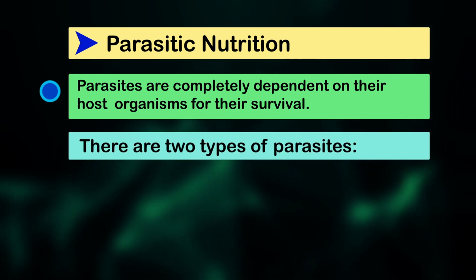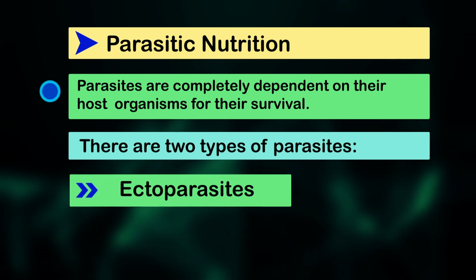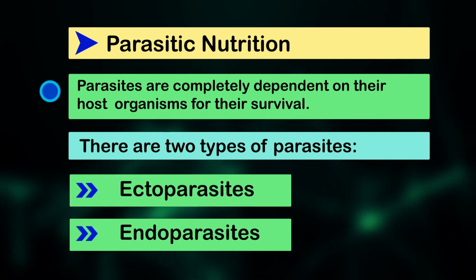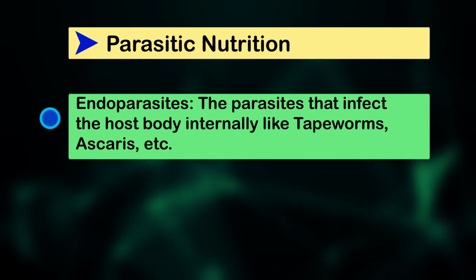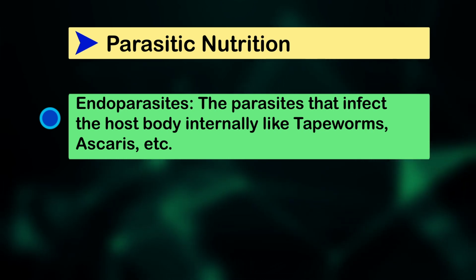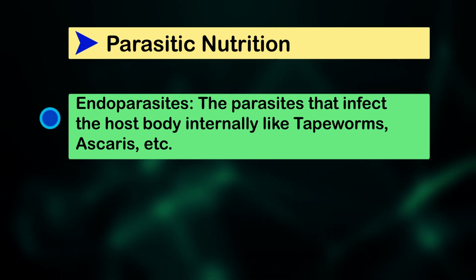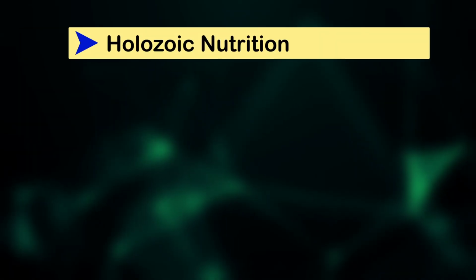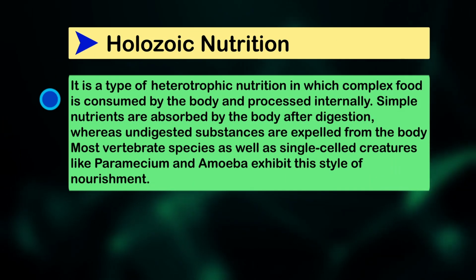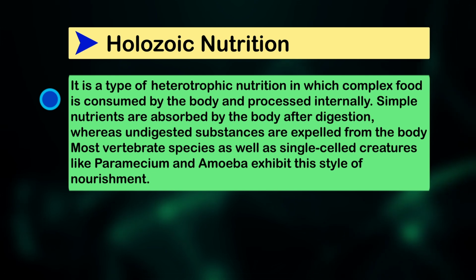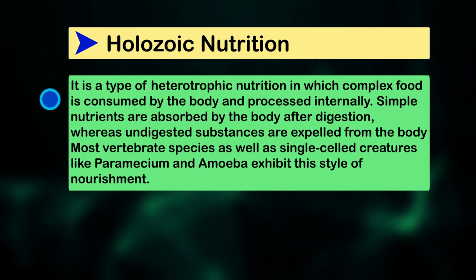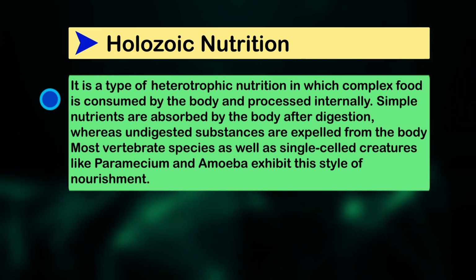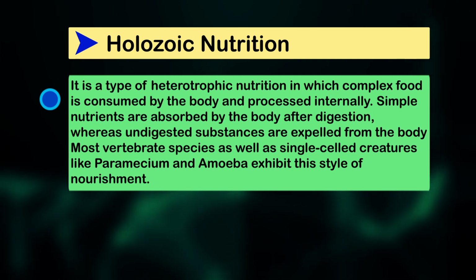There are two types of parasite, ectoparasite and endoparasite. Endoparasites are those that infect the host body internally like tapeworms, Ascaris, etc. Moving on to the next type of heterotroph, which is based on holozoic nutrition. It is basically a type of heterotrophic nutrition in which complex food is consumed by the body and processed internally,